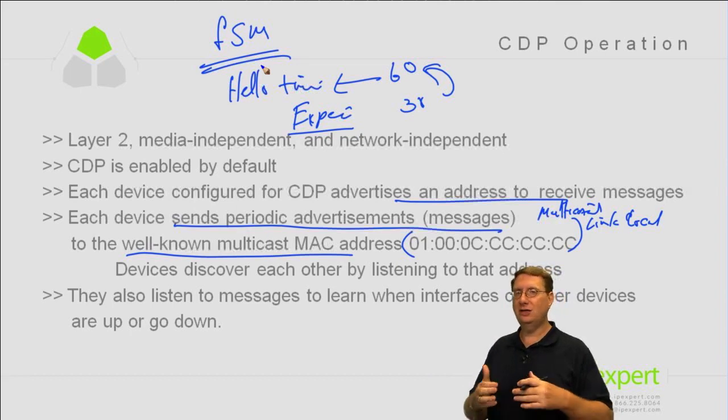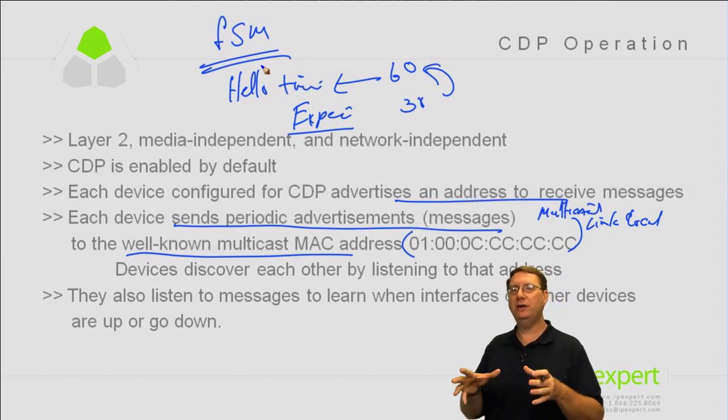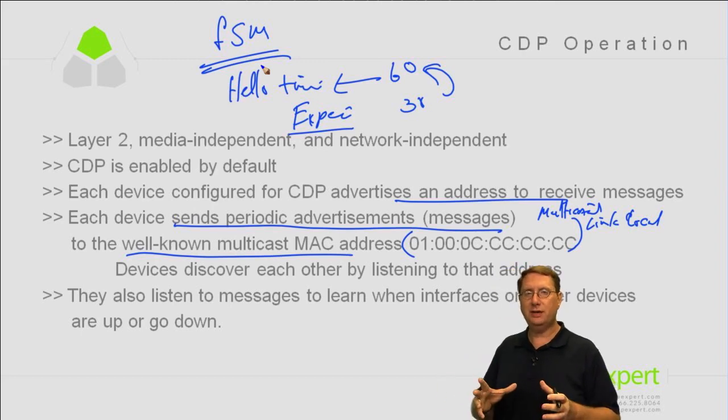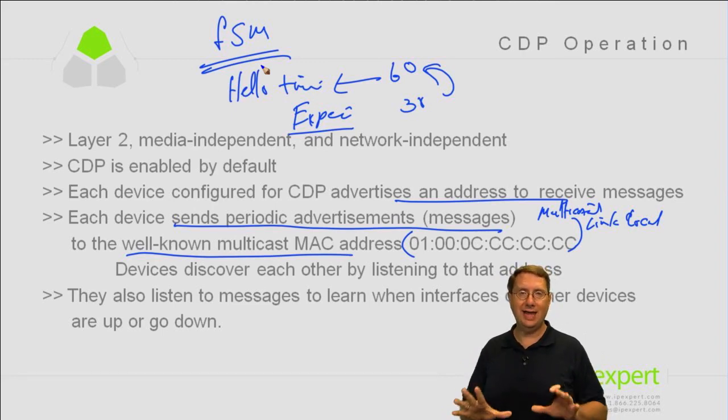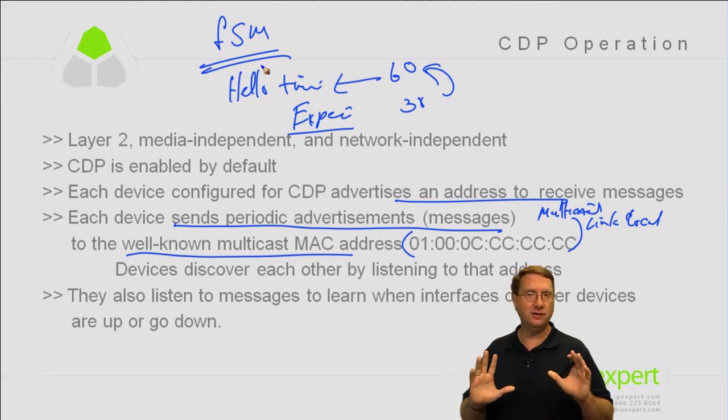Now, what we have to understand is on slow links, like serial connections, sometimes we run into a problem if we go in and we start changing these timers, because it does take longer for information to be serialized and placed on a wire on a serial connection. So recognizing that, sometimes it is possible for us to amp up our timers a little bit too aggressively, and we can run into problems. Which is why more often than not, I recommend that you use the